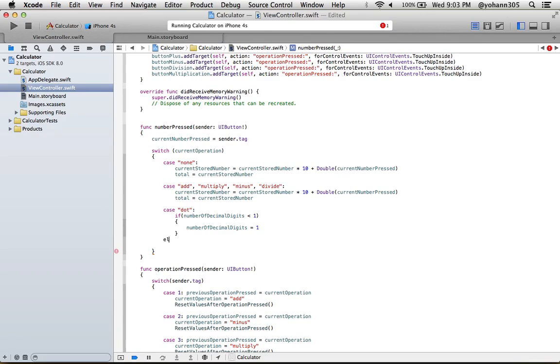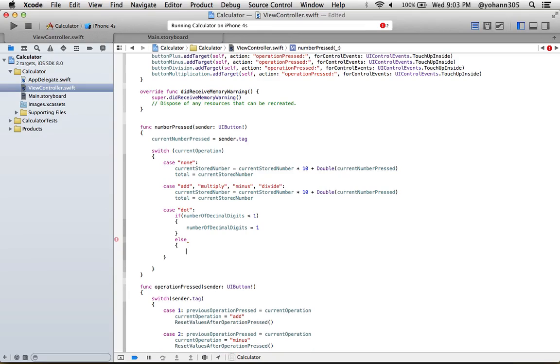If the number of decimal digits is not 1, or it's not less than 1, that means we already have decimal digits, so we just need to add to it. How do we do that? Else we